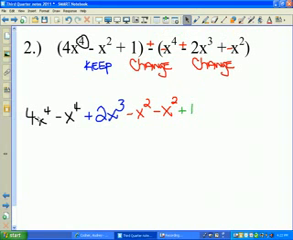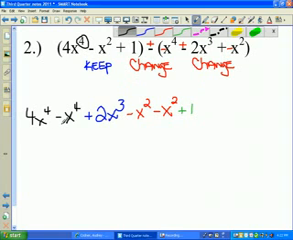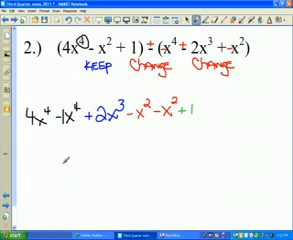So the 4x to the fourth is here. This negative 4x to the fourth is there. Then you have 2x to the third is here. Then you have a negative x squared that goes here, and this negative x squared that goes there, and then what's left over is that plus 1. So now, let's get our like terms together. So 4x to the fourth minus x to the fourth, remember, there is a 1 that's understood to be there. So that will make it a